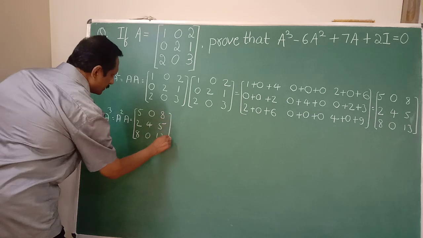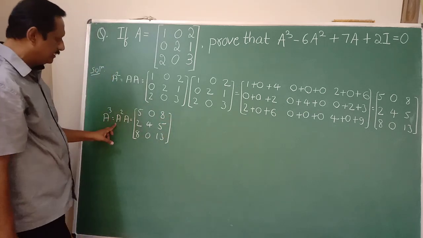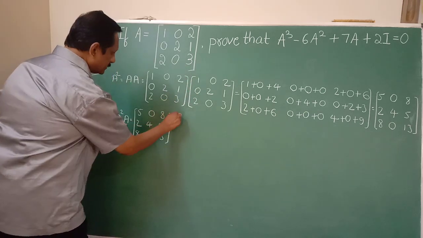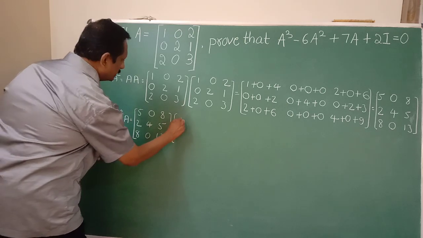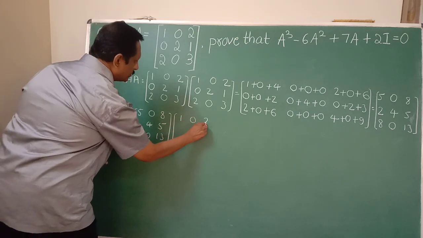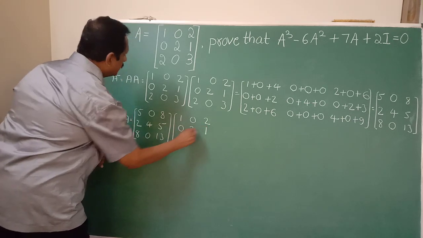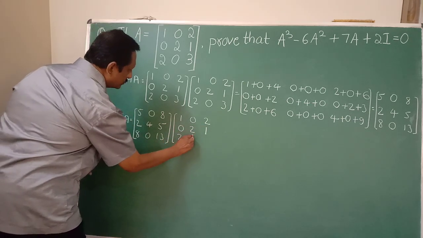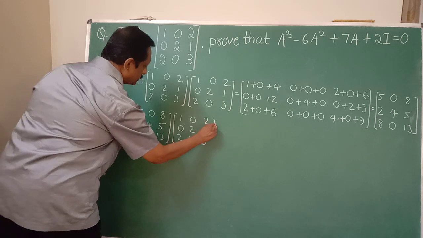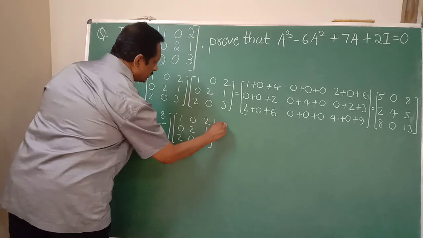Okay, this is a matrix A square, into A, which is the given matrix here. So 1 0 2, then 0 2 1, 2 0 3. Therefore this is equal to,